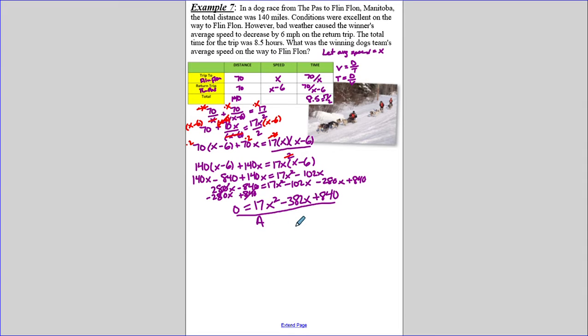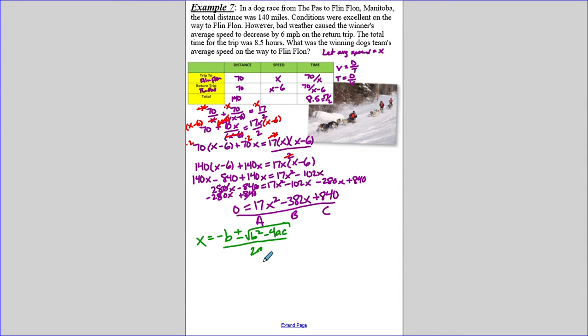So we have our A term, our B term, and our C term. Let's do the quadratic and see what this gives us. It's a much more direct way than trying trial and error to do a type 2 trinomial kind of question. So the quadratic equation, if you can't quite remember what it is, x is equal to negative b plus or minus the square root of b squared minus 4ac, and that's all